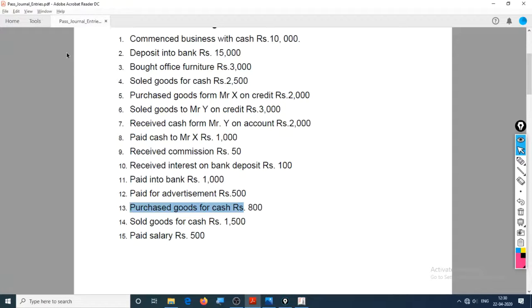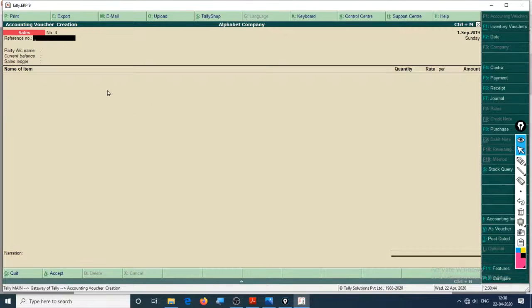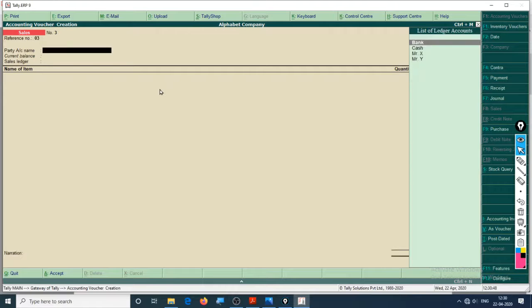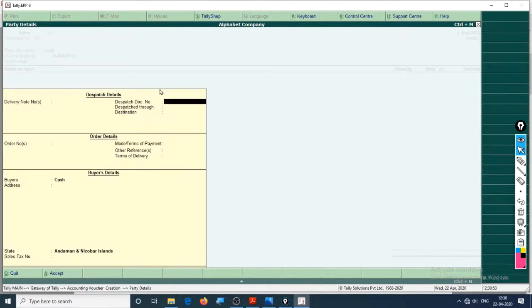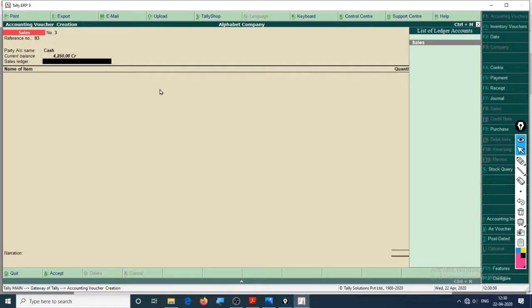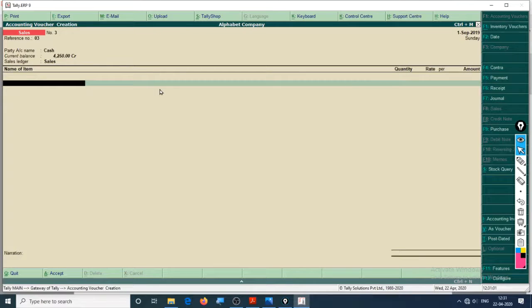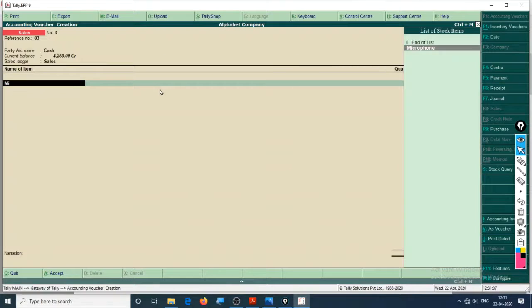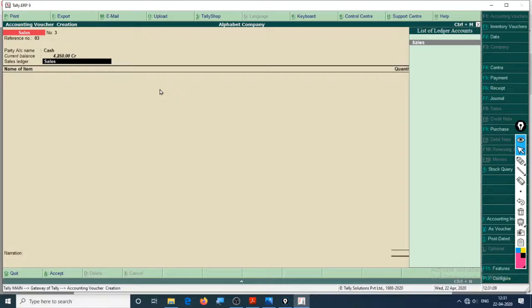Sold goods for cash rupees 1500. This one is pretty easy. F8 sales, reference number is 03, I guess. Sold goods for cash came in. This is the delivery date, order details, buyer details, and state of the buyer. No, we don't have those. Sales ledger, yes. What goods did we sell?